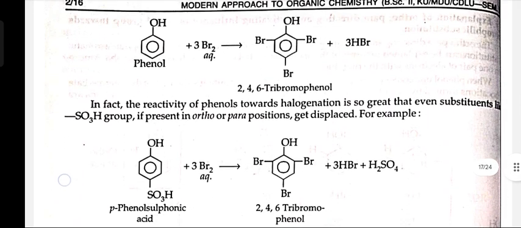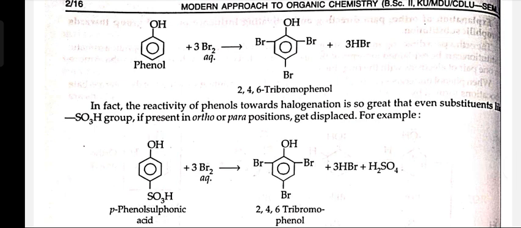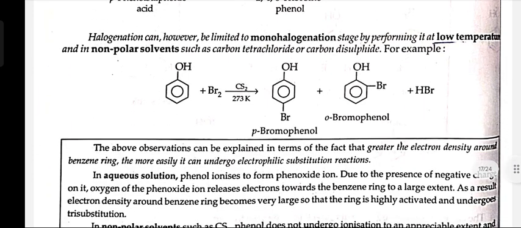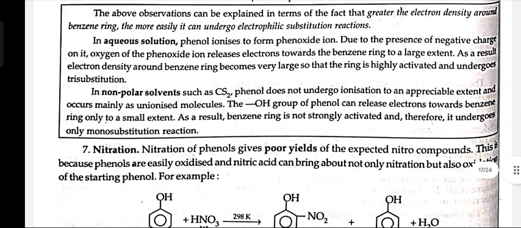In fact, the reactivity of phenols towards halogenation is so great that even substituents like SO3H groups, if present in the ortho and para positions, get displaced. Halogenation can, however, be limited to the monohalogenation stage by performing it at low temperature and in non-polar solvents such as carbon tetrachloride or carbon disulfide. For example,